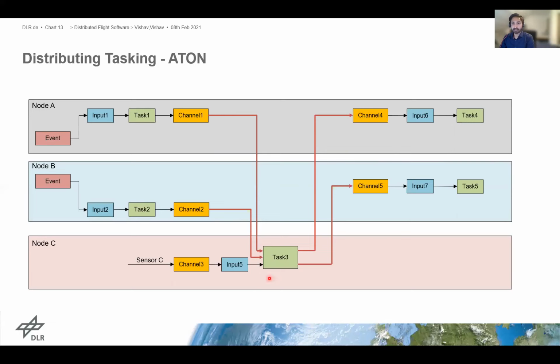Task 3 is the navigation filter that needs high computation, and hence node C is only responsible for this task. The result of task 3 is input to node A and node B to trigger task 4 and task 5. With distributed tasking, complex applications with tens or hundreds of tasks can be executed on multiple processors with few internode links, enhancing the overall performance of the system.